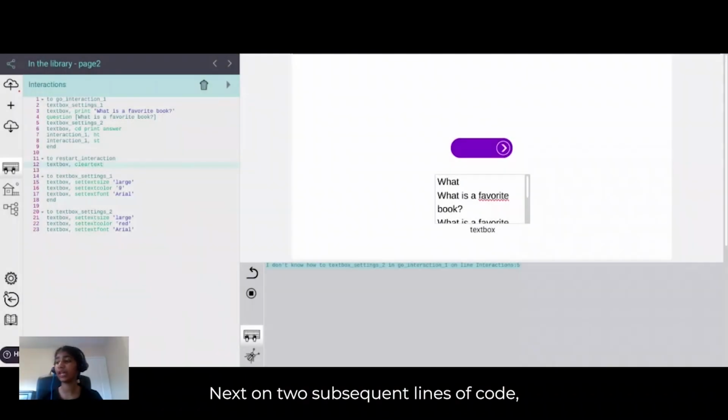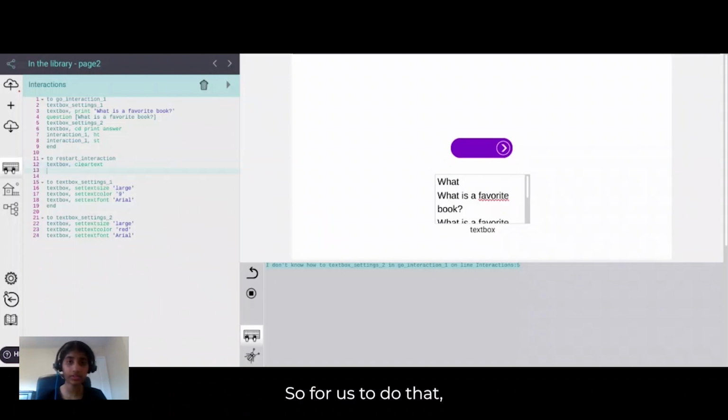Next, on two subsequent lines of code, hide the interaction 2 and interaction 3 turtles by calling upon them, adding a comma, and using the command ht, which is basically hide turtle. So for us to do that, you have to first put interaction-2 ht. In our webinar, we haven't created an interaction 2 and interaction 3 button, but however, in your